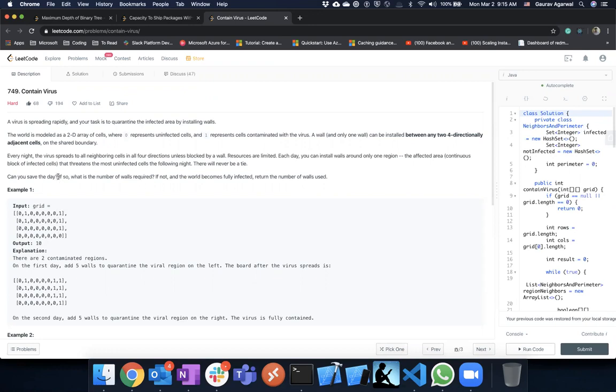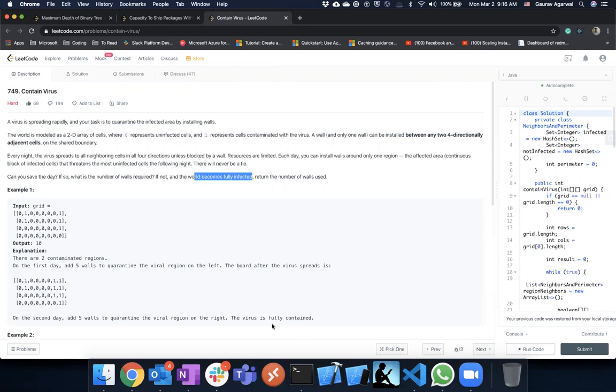So the goal is to figure out the minimum number of walls required to contain the virus, and if we cannot contain the virus, it can become fully infected, then how many walls we used to try to contain the virus.